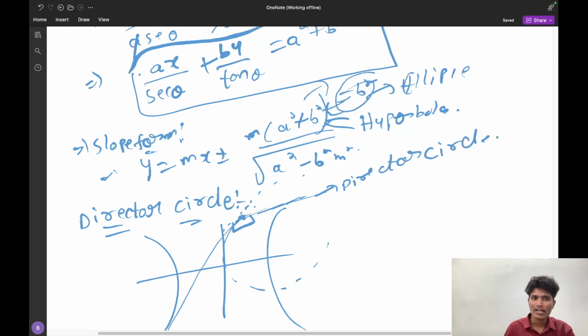This circle is a director circle. Just remind the diagram. I think it is wrong or right, anything, leave it. Main, what is director circle? It is a locus of